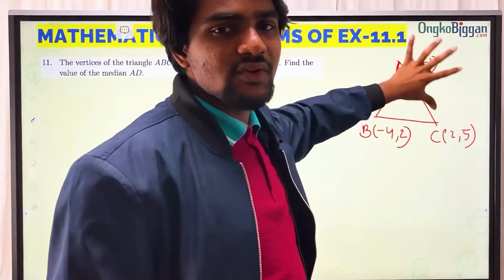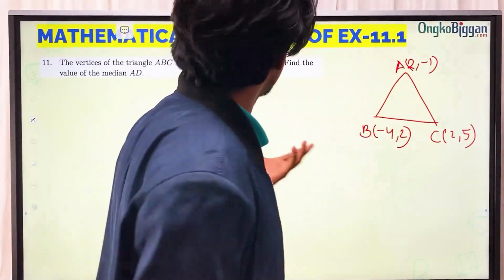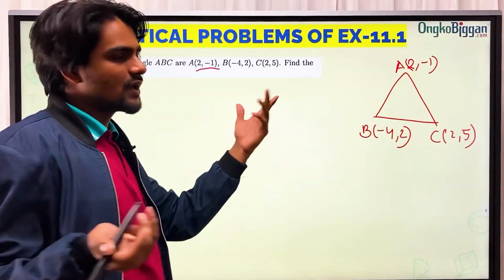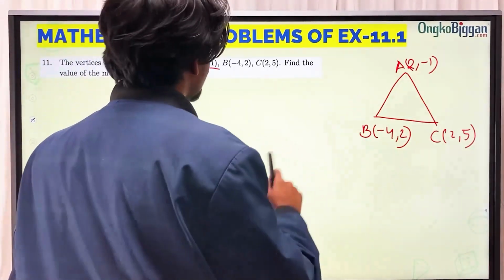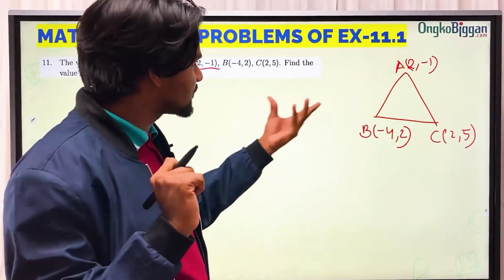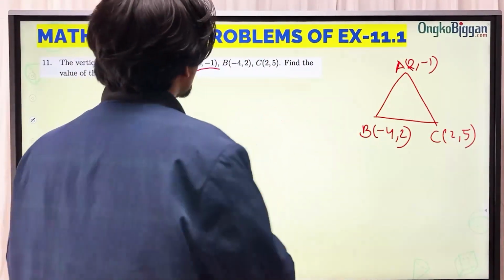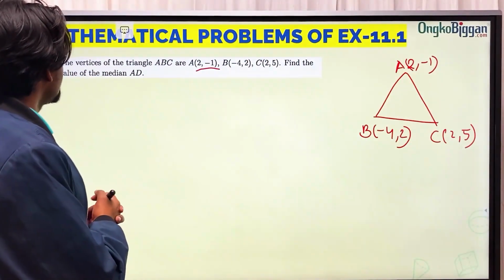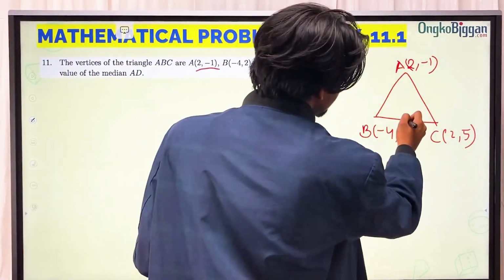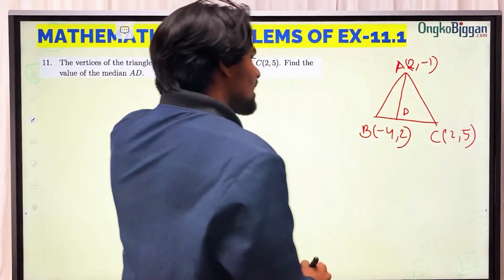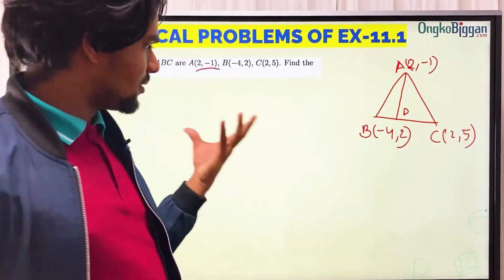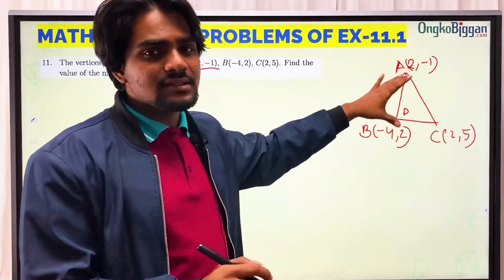The orientation of the triangle will actually be different, but still it doesn't matter. You can, without worrying about the orientation, directly write ABC, because we are going to use the theoretical concepts to solve our problem. So we need to find the value of the median AD. So this is the median, that is AD, and the median is the line that connects